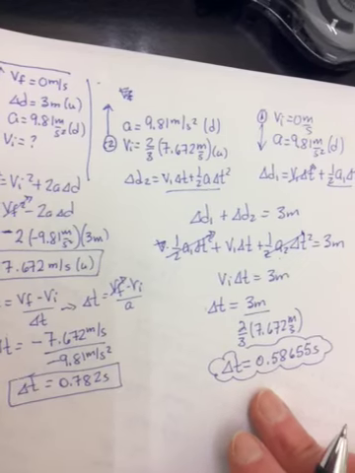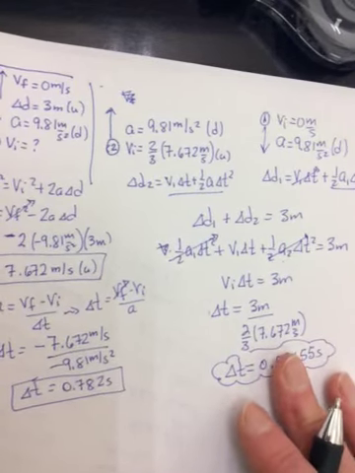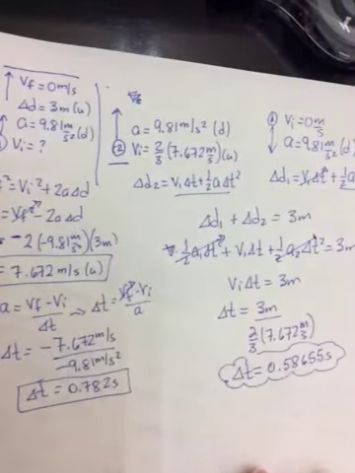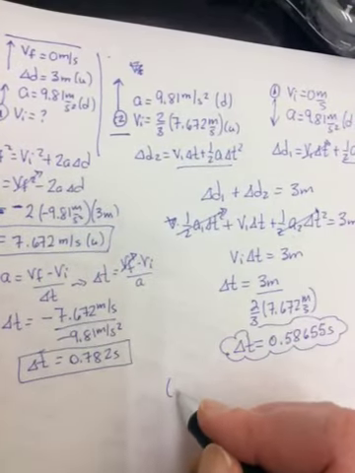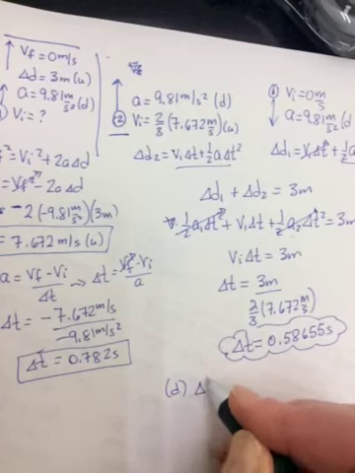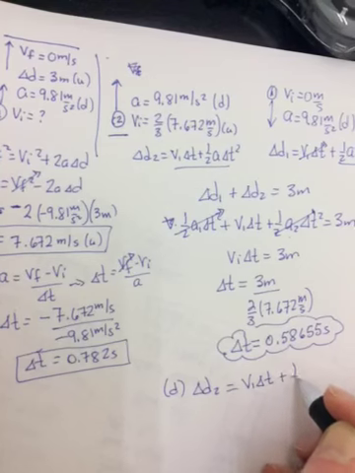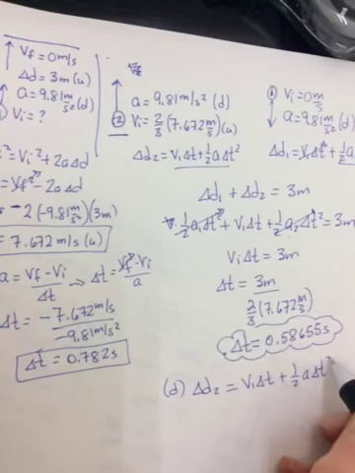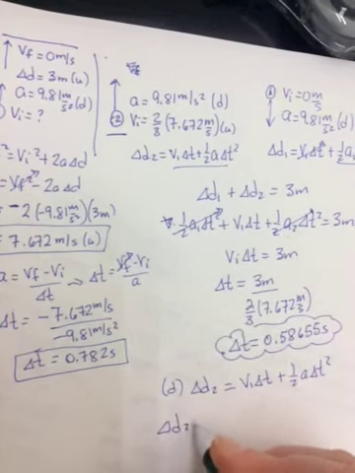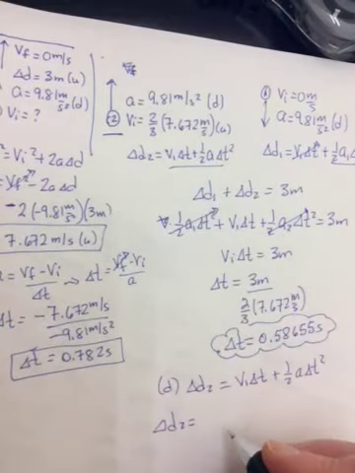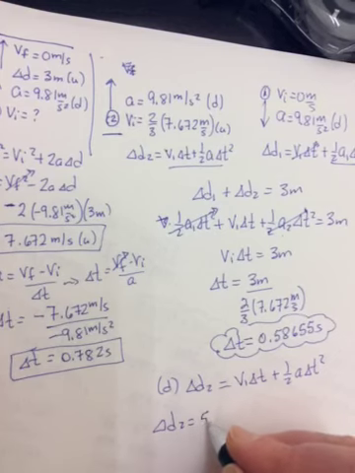The D says, what distance from the juggler's hand do they pass? So his hand is here, so I'd use ball 2 to find that. Okay, so for part D, it'll be delta D2 is equal to, because it's measuring up from his hand, the other one's measuring down from the ceiling. So delta D2 is equal to, so you do the 2/3 of 7.6, etc., and you get